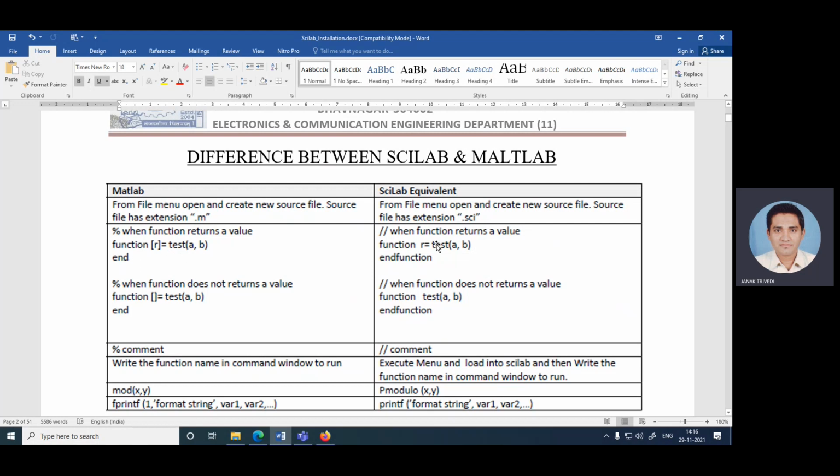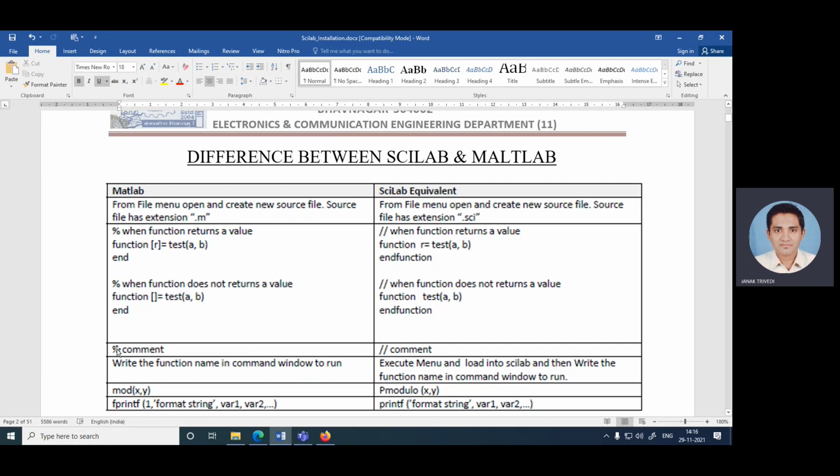Whereas in Scilab, function return value is written like function name without any kind of bracket is equal to test in parentheses a comma b, and end function. When a function does not return a value, in MATLAB: function test a comma b, and here in Scilab, function test a comma b and endfunction here.